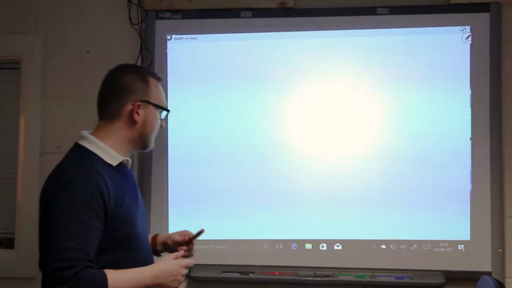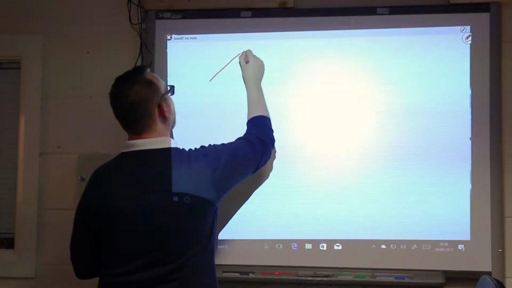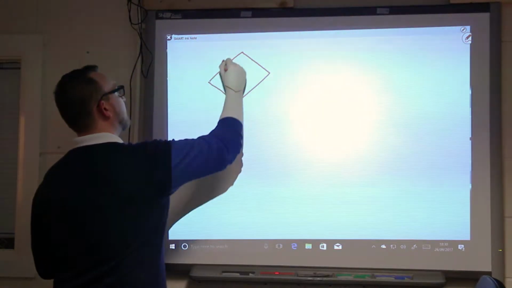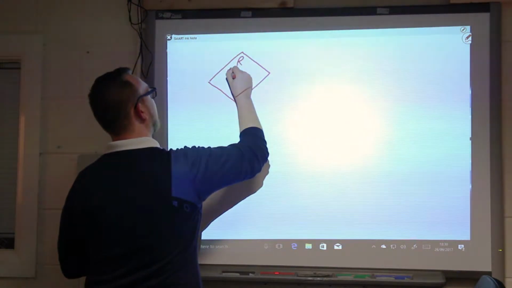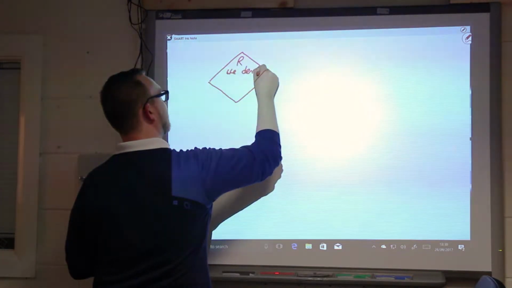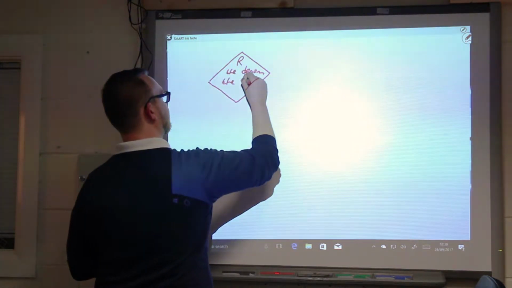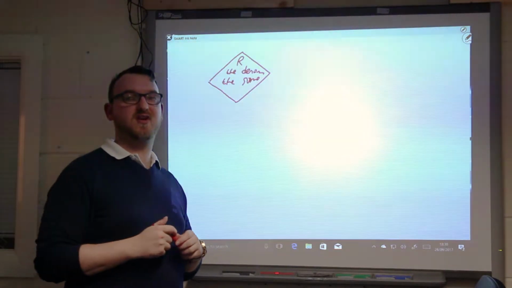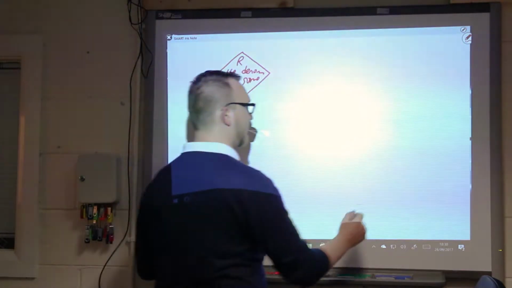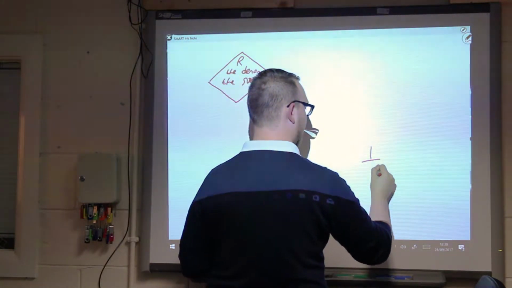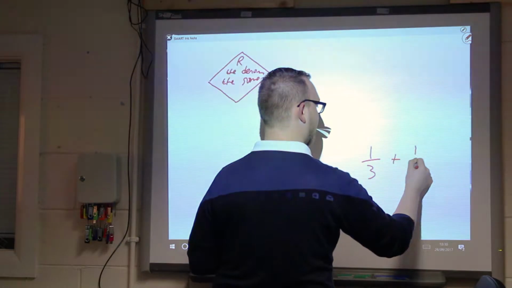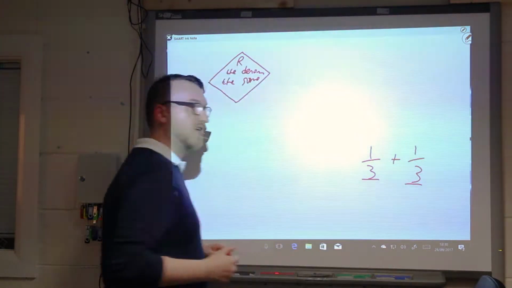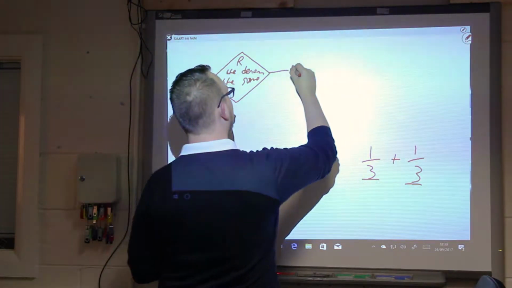Okay? Now we start with a logic gate, and that logic gate says: are the denominators the same? Now remember, the denominator is the bottom number in a fraction. So if we're faced with a fraction such as 1 over 3 plus 1 over 3, we would say that yes, the denominators are the same. So we're going to go along to yes,